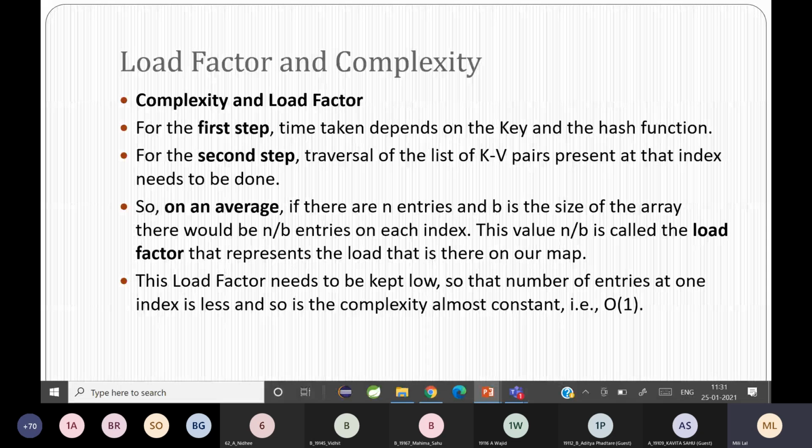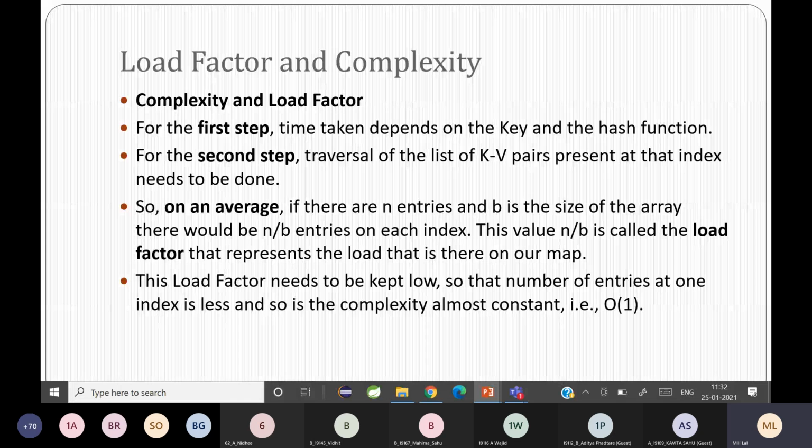Second step, traversal of the list, that is the key value pair, where that particular key value pair is present. In the case of chaining, the key value pair will always be present in the given index, but it might be in the form of a linked list. You have to traverse the linked list, so it will be there in that bucket itself.